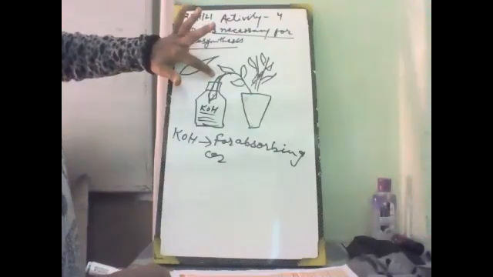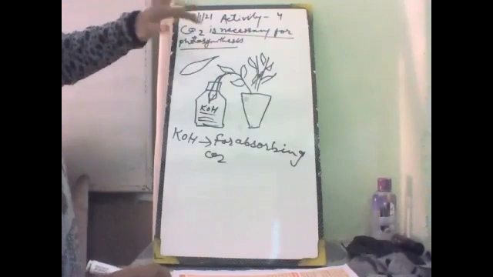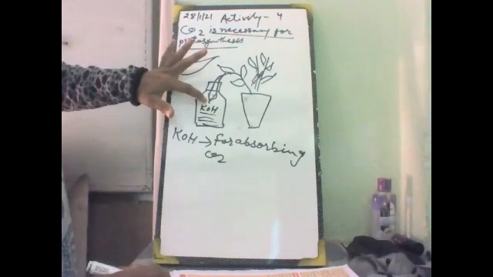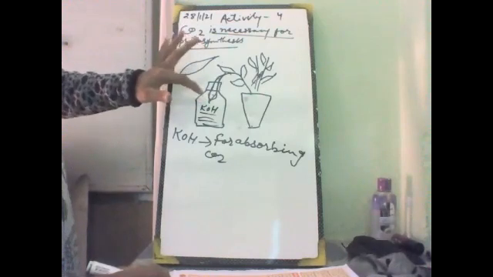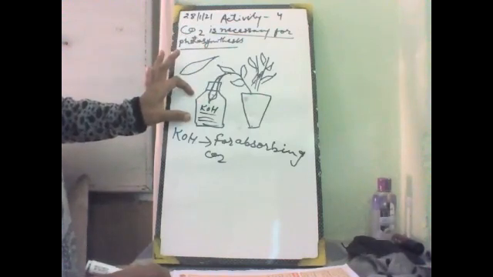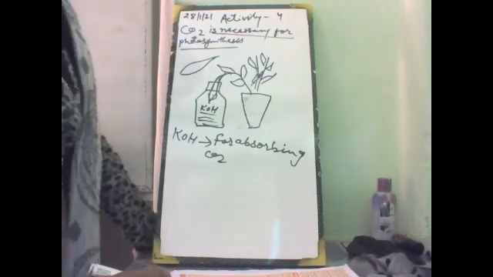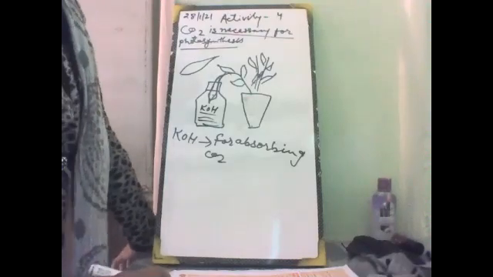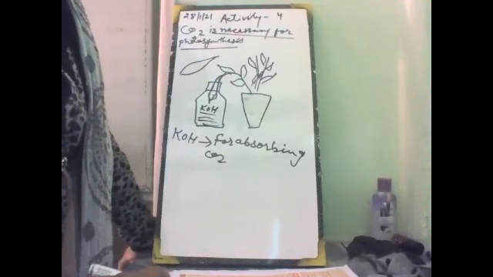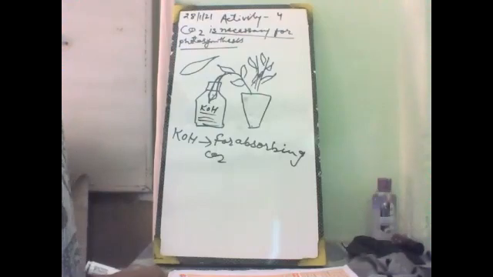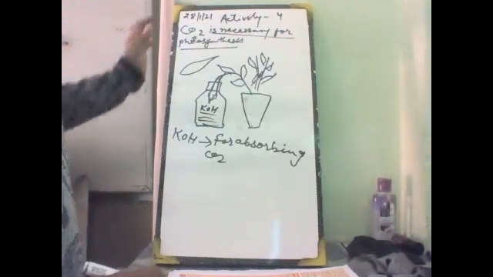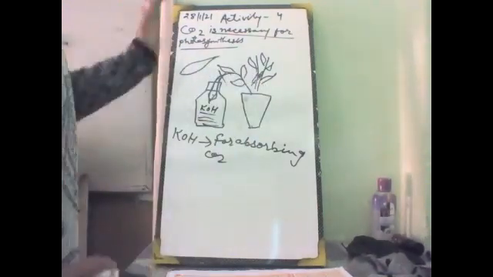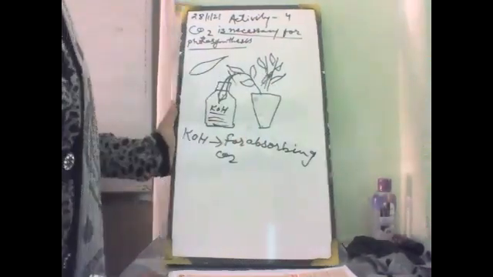The outer part of the leaf will prepare food when we keep the apparatus in the sunlight, and this inner part of the leaf does not prepare food because there is no carbon dioxide present inside the bottle. Now keep the setup in the sunlight. After 2-3 days, pluck the leaf from the plant and take it out from the glass bottle.